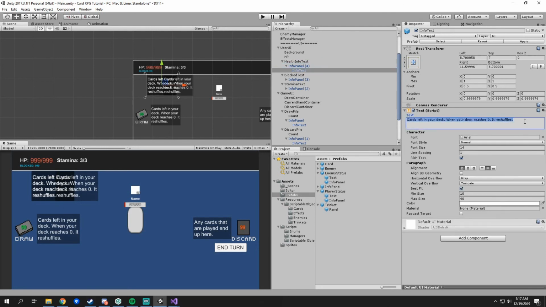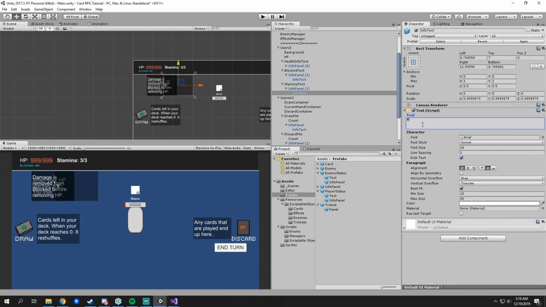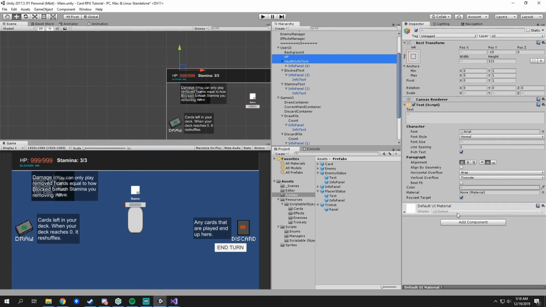This one is for health, it says, when your HP reaches 0, you lose. This one says, damage is removed from block before removing HP. And then we'll do another one for stamina. Stamina is, you can only play cards equal to how much stamina you have. So now all we need to do for this one and this one is add a hover